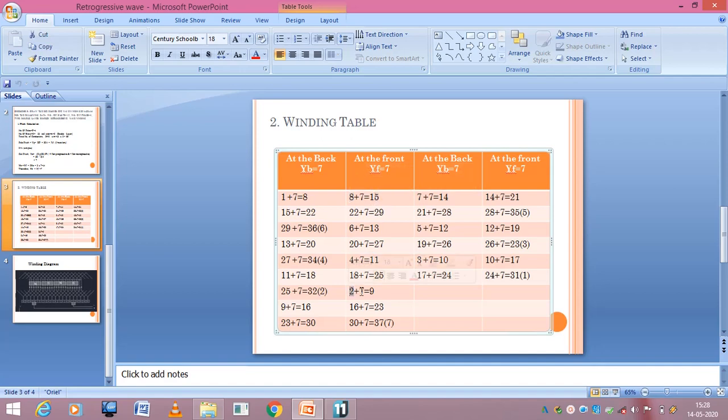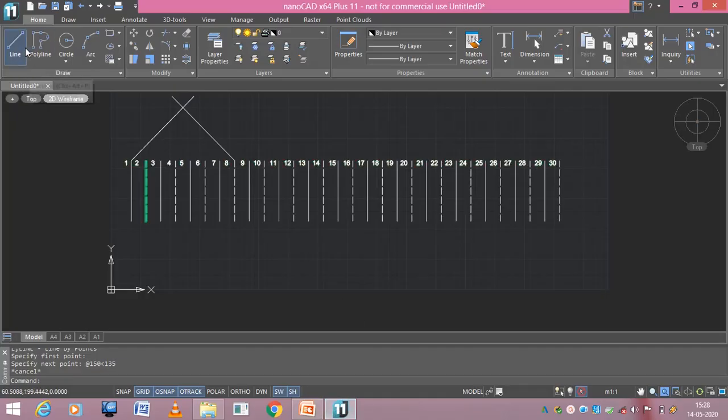Instead of that, I will take this so that it will be easy to connect. I will take this one: the second conductor is connected to the 9th conductor at the front end. This is the second conductor. It's 2 plus 7 is equal to 9. Minus 135.